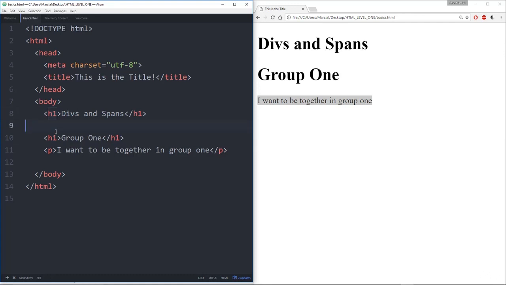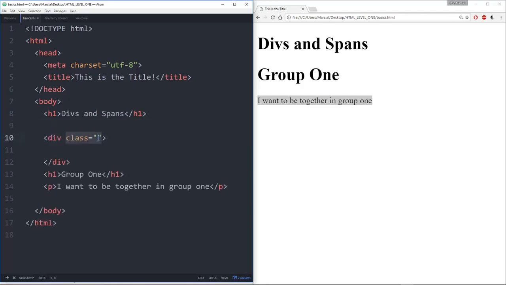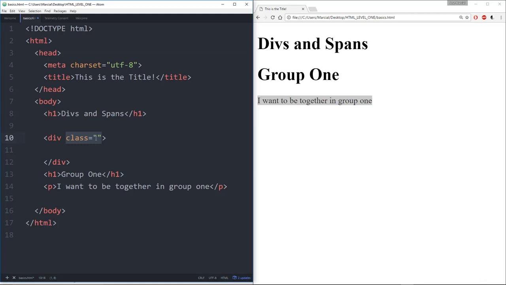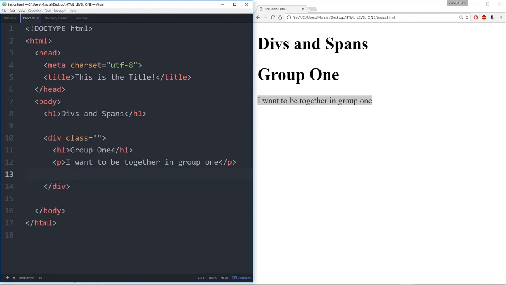And the way you can do that, as we'll see later on in the CSS section, is by calling a div tag. You can see here I have div, and if I hit enter, notice that we automatically get this class to pop out here. That's going to allow us to essentially name this division after a class, and then we can apply styles to that class. And we can put whatever we want in that class. So for instance, I can put this all here, give this class a name, such as group